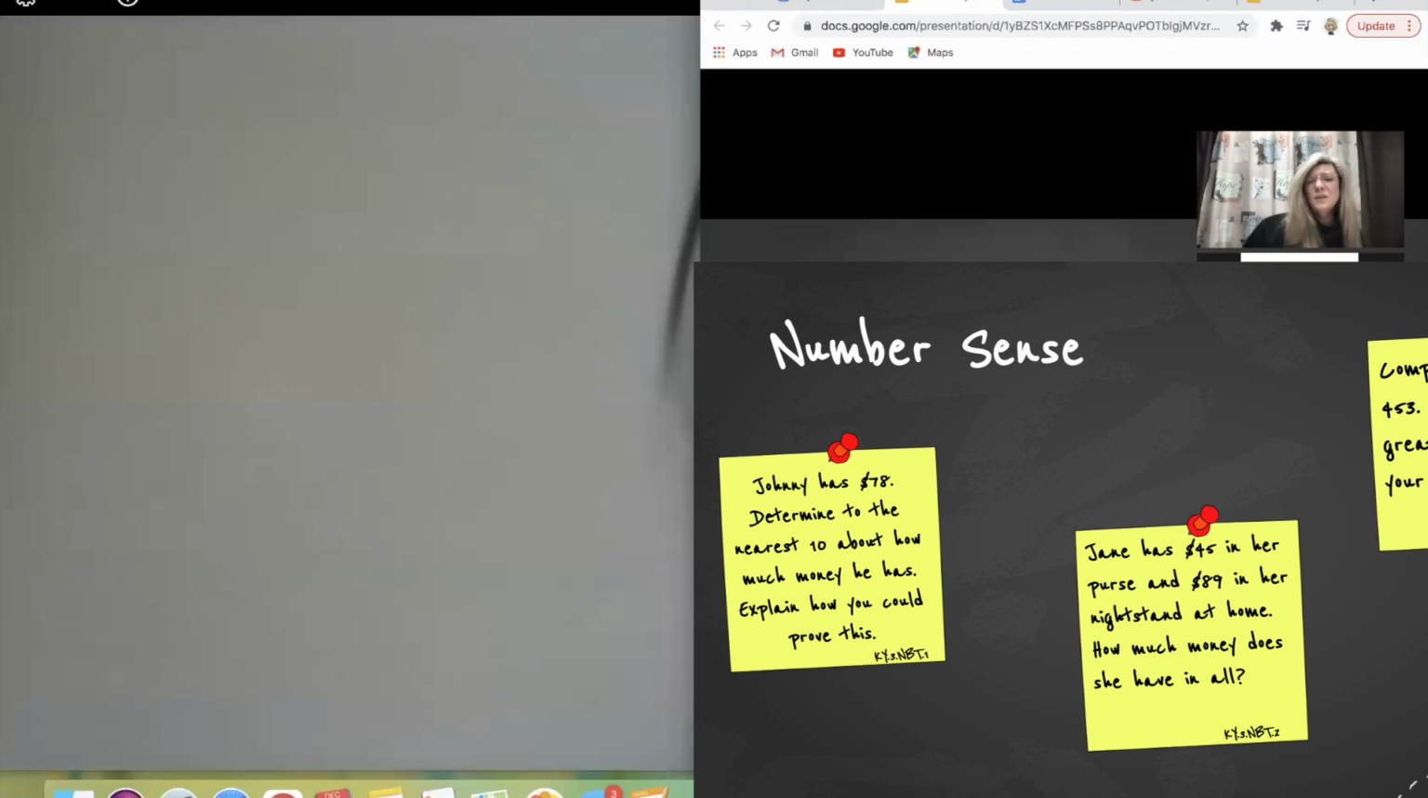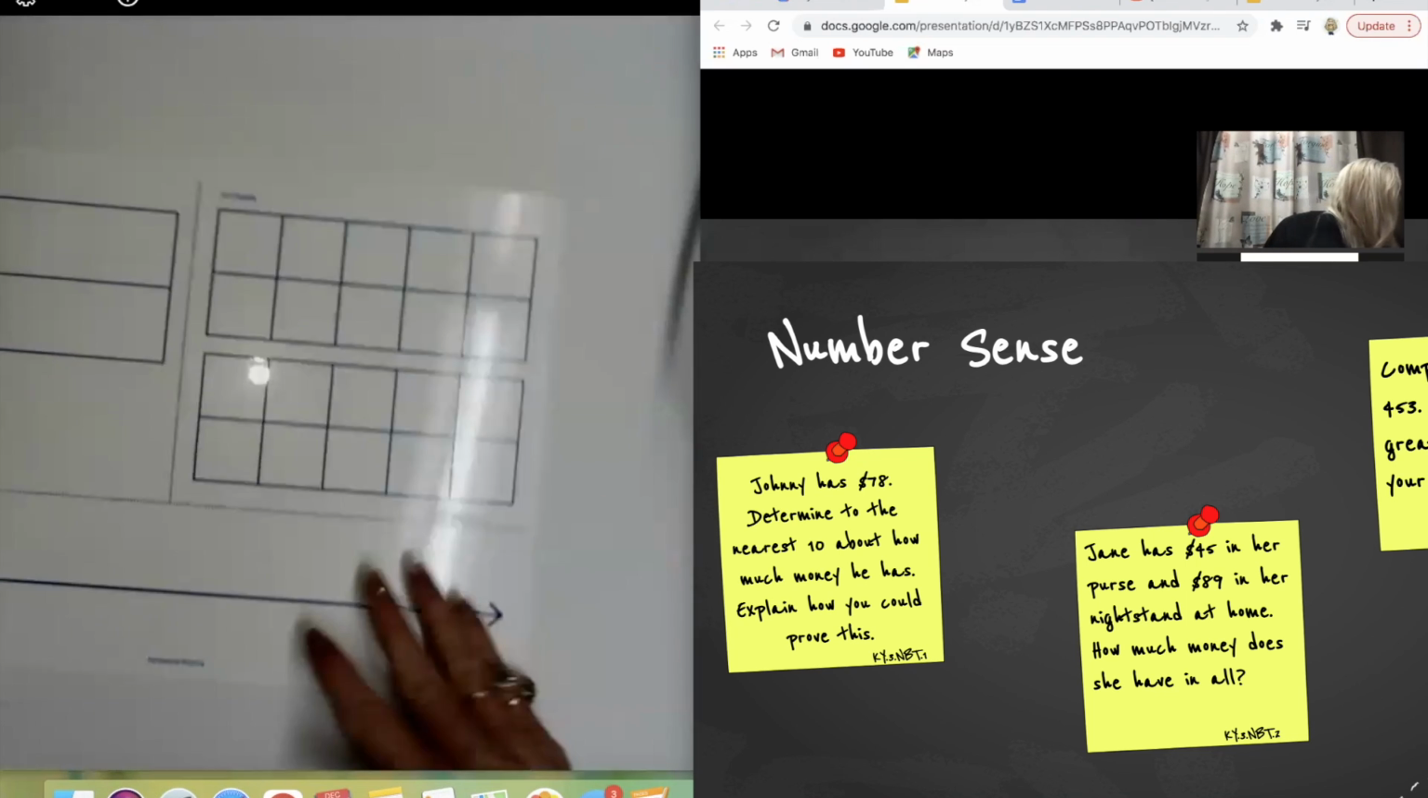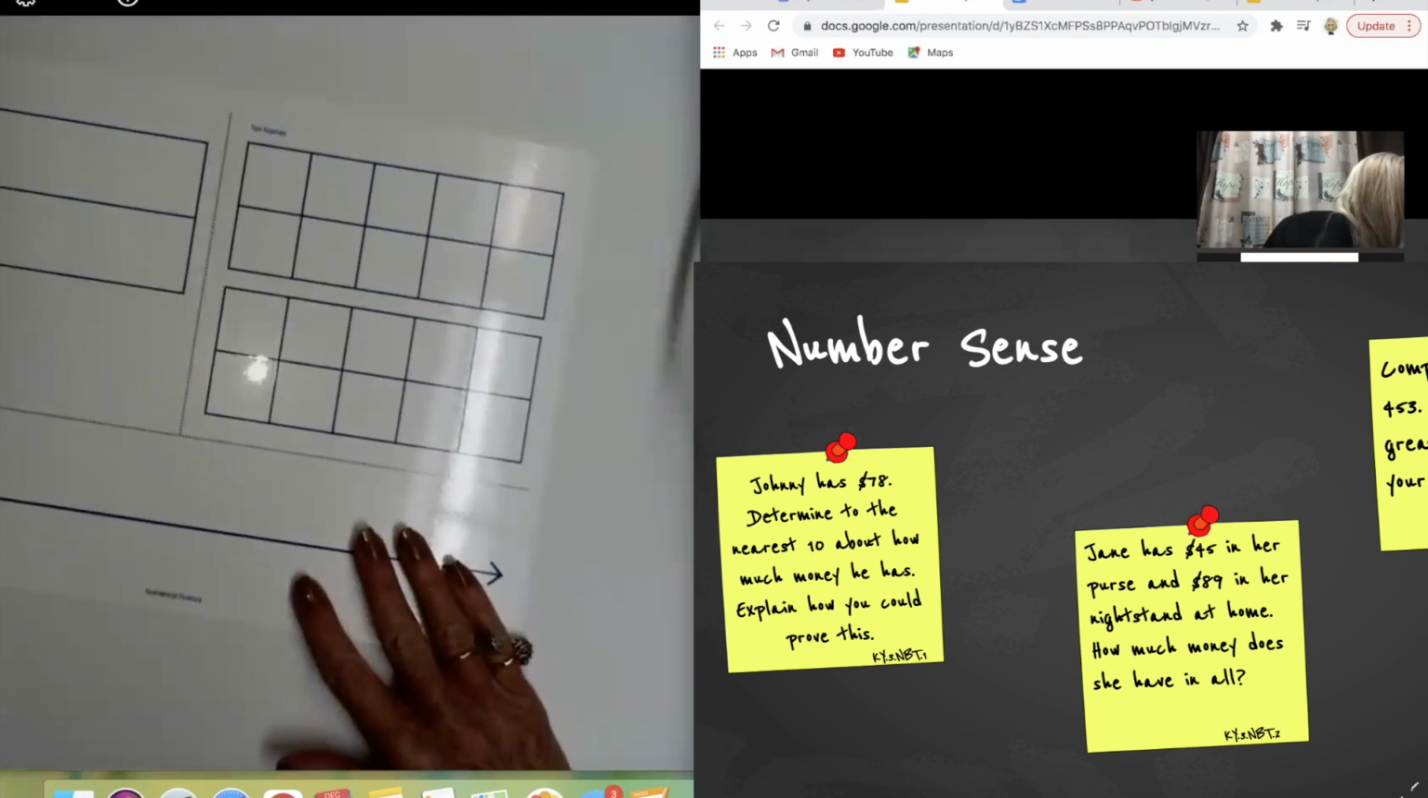So let's think about the tools that we could use with our kiddos to solve this problem. So we could use, what do you think? Does someone want to unmute and tell me what you think we might could use? Okay. What about a number line? You could use a number line. If you had a number line with your kids,